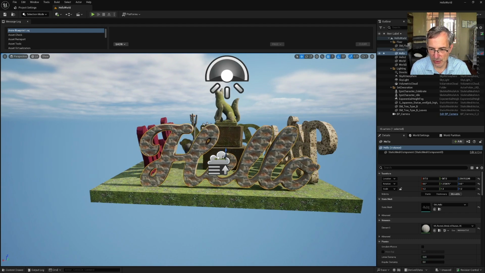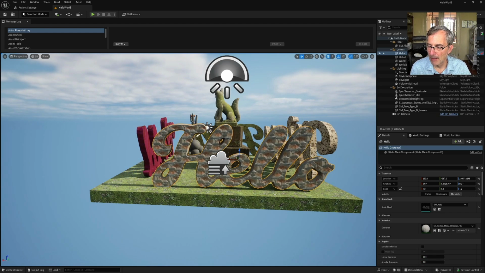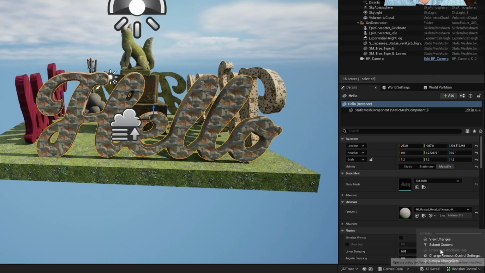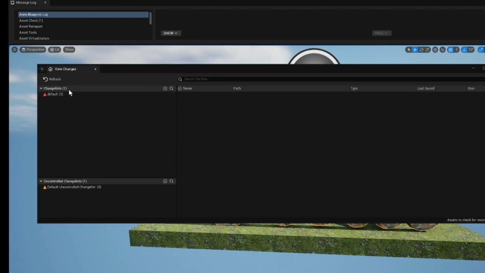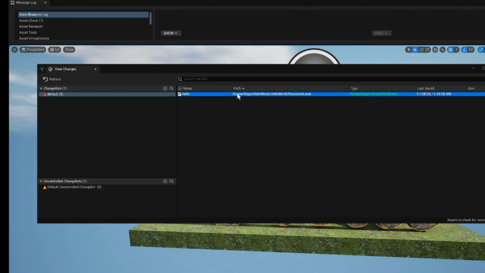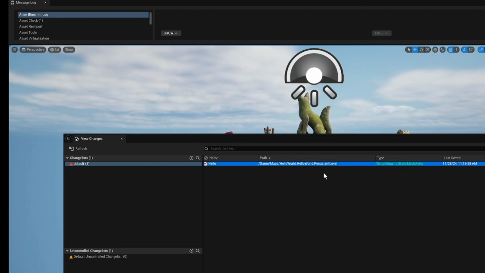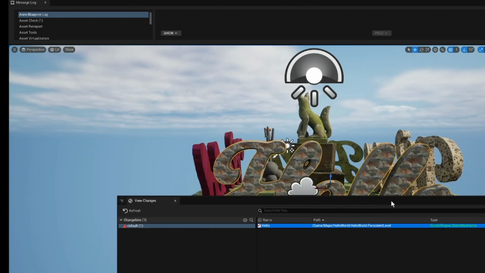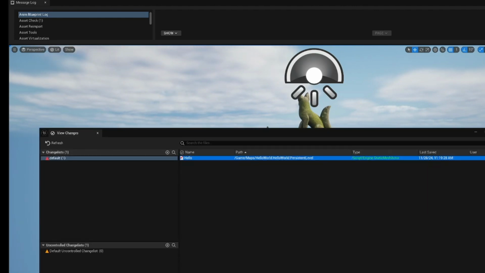Okay, so we've made a change to hello. I'm going to save that change, and I'm going to view my changes. And I've got this hello that I have changed. And it gives me a nice human readable form. It basically says which map it's on and the name of the file that I've changed rather than what's in